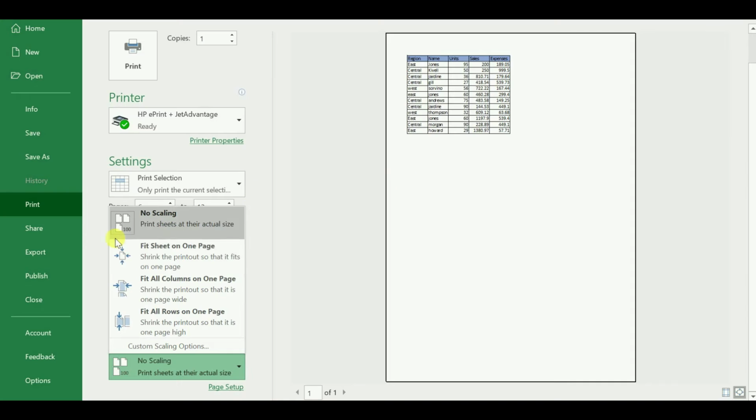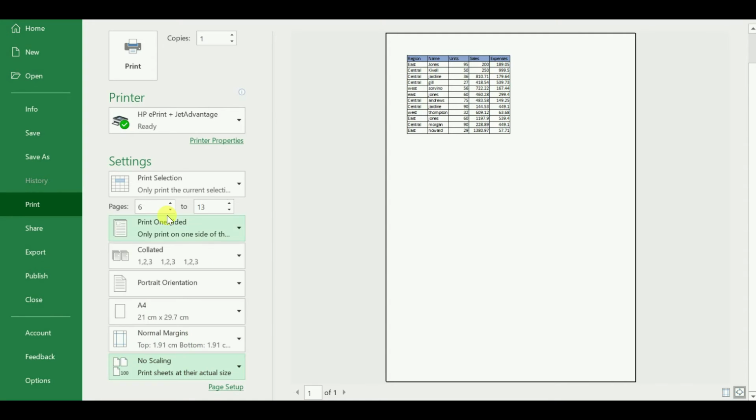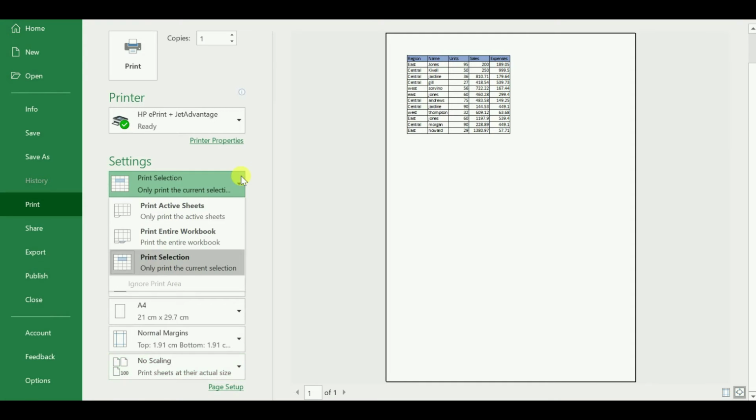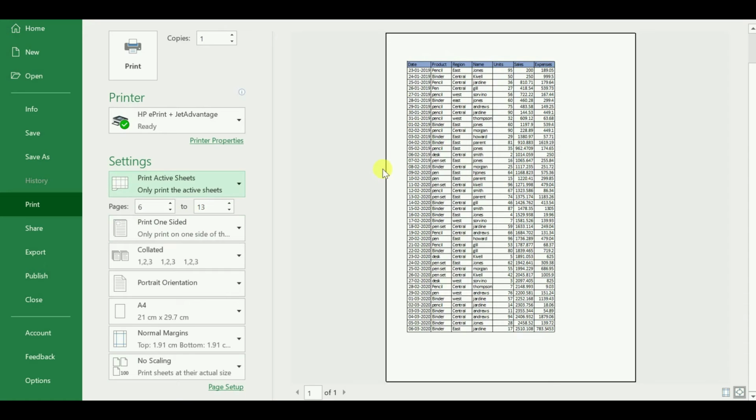Fit sheet on one page is, if you have 50 pages and you want to fit all of them to one page, we use this option. In the same way, fit all columns to one page and fit all rows to one page. No scaling means the normal page setup. So this is about custom scaling.